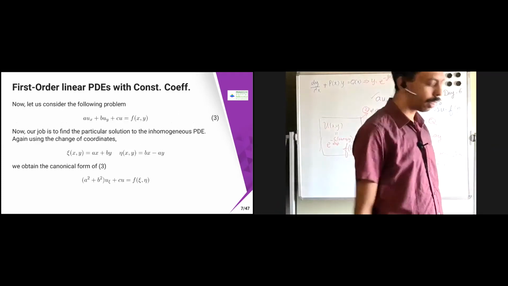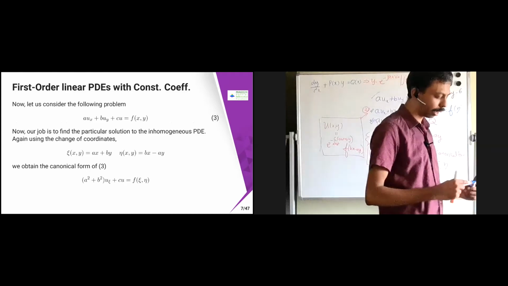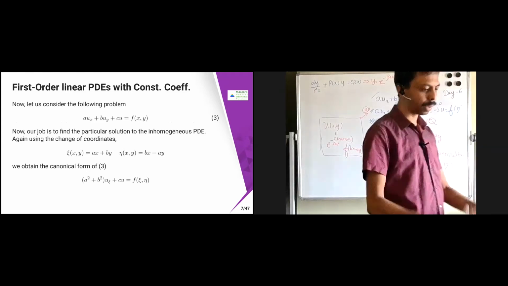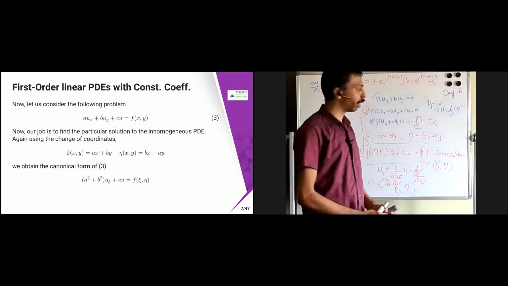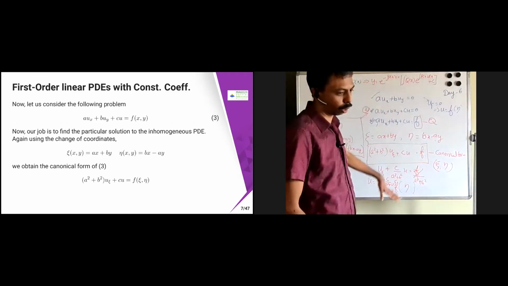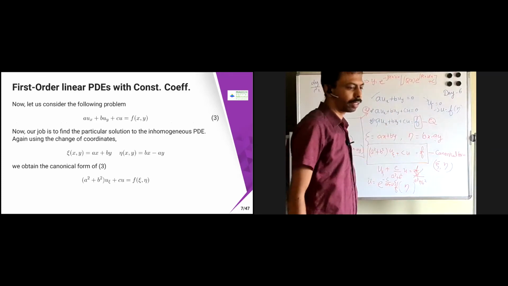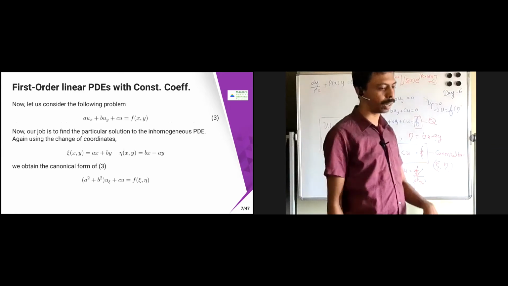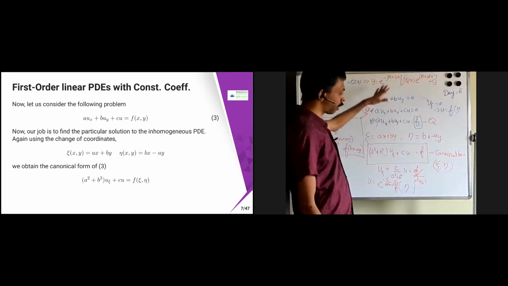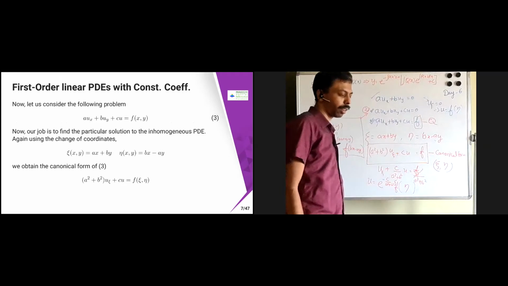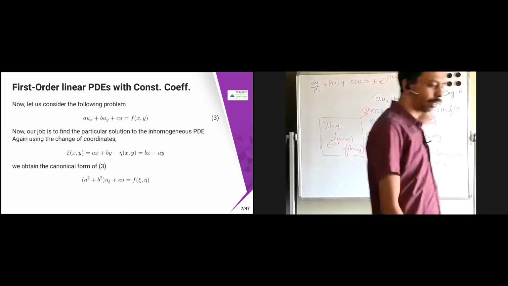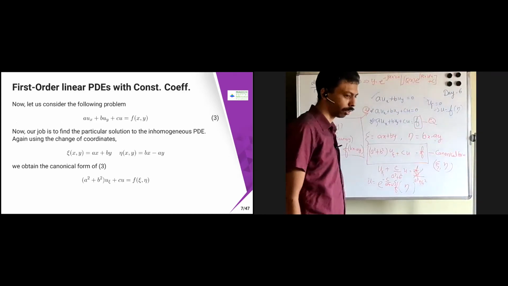So I will just solve some of the problems. I'll just give the idea of all these things. Once we go for the quasi-linear PDE, then we can say that all these are going to be subclasses of that one. So I will just prove the existence and uniqueness only for the quasi-linear PDE. Then you can just take these as sub cases. You can make some assumptions, then these cases will be derived. So existence and uniqueness.